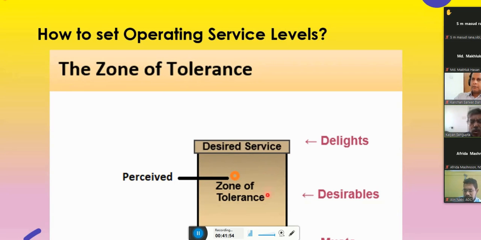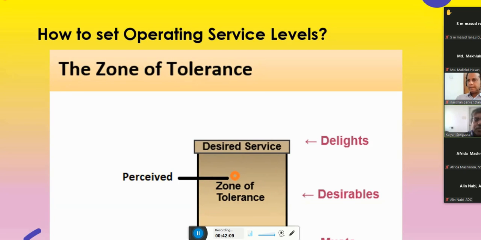They can tolerate, but after some time, if the perceived service level goes below that, definitely that will create problems for the consumer.